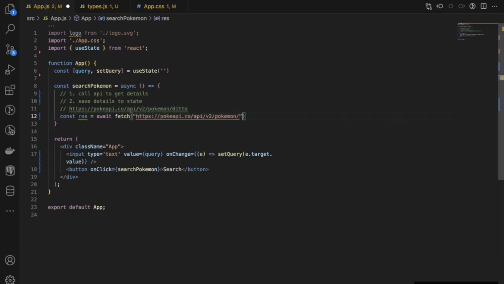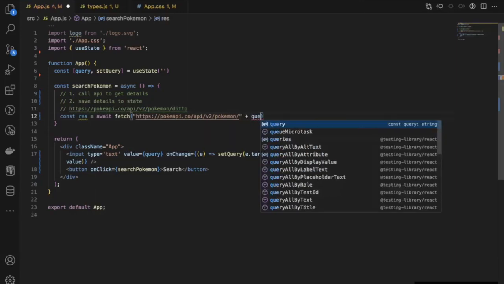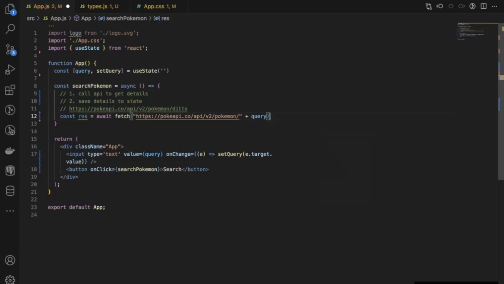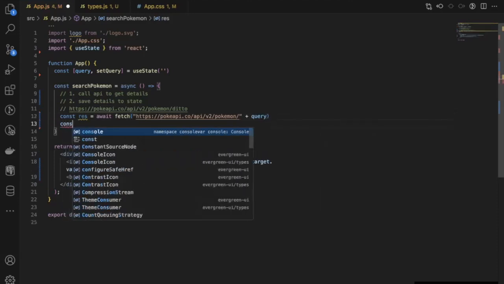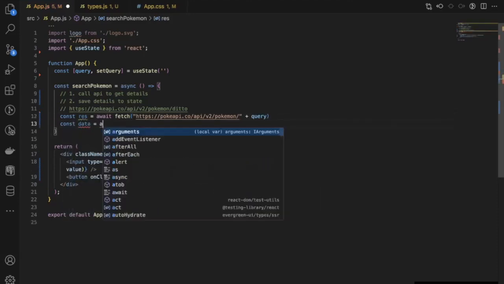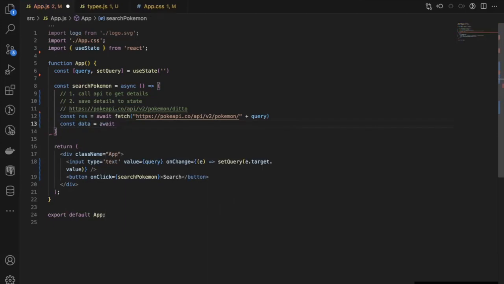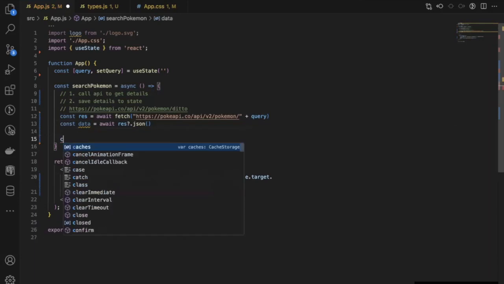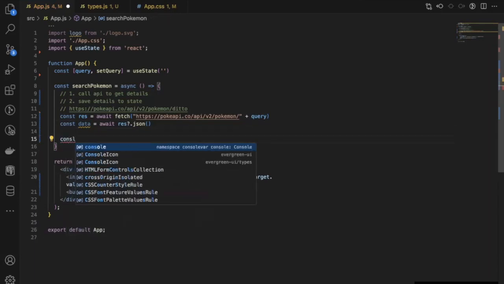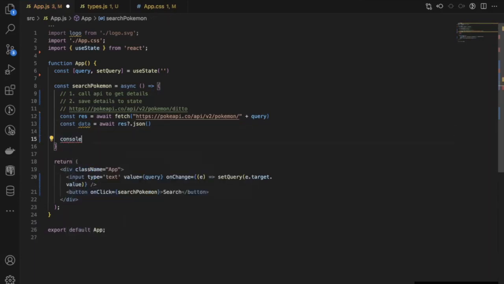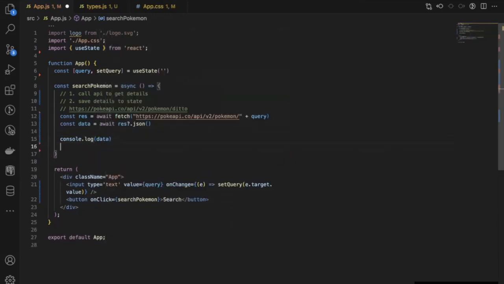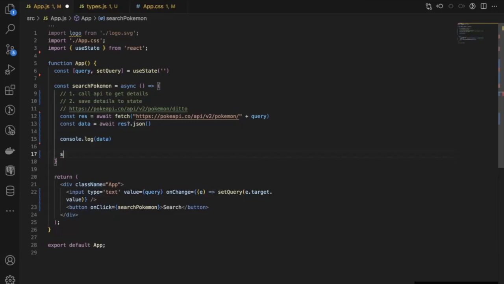We'll replace the Pokemon name with the query that the user types in. Then we'll get the data by awaiting on res.json. And then we'll simply log the data. And then we'll save data to a state variable called Pokemon,